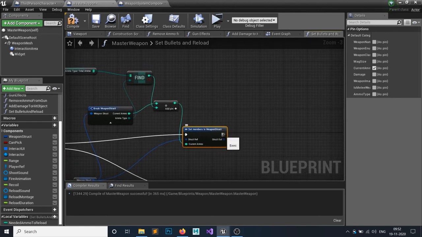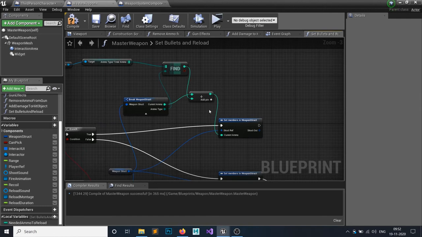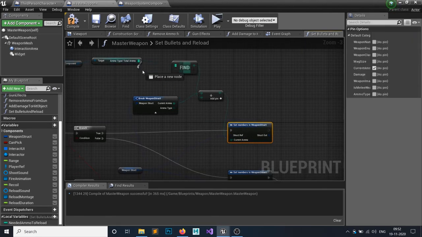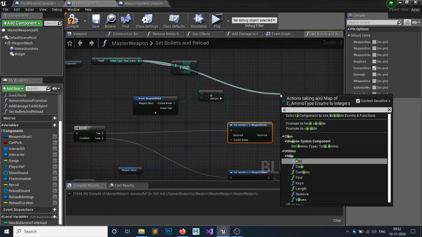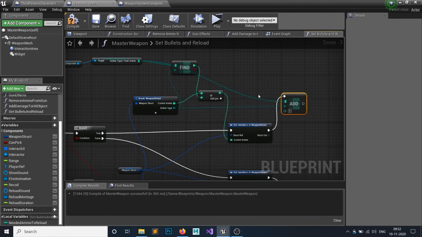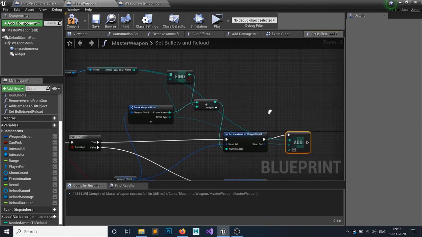Obviously then we have to set this guy to 0 because we have all the ammo for our gun and we don't have any ammo left in our inventory. So I will simply set this ammo, so add, and I will set it to 0, and the type would be this ammo type. Okay, so much mess going on here.